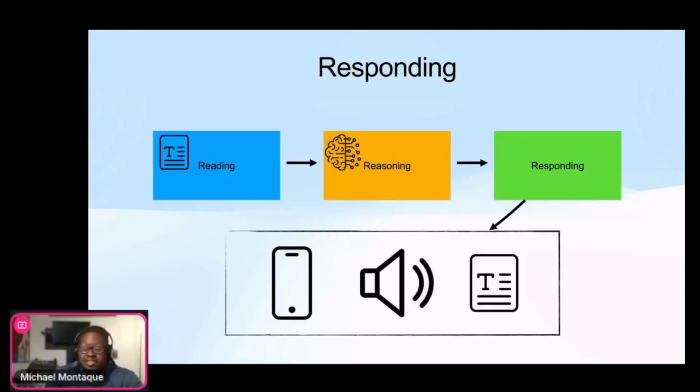Let's get to responding. This is the simplest one out of the three, and this is just simply how your home responds back to you. Now, responding back requires context and almost common sense, if you will. The idea is that depending on what automation you're running, you just have to be cognizant as to what's the best way for you to get information back.